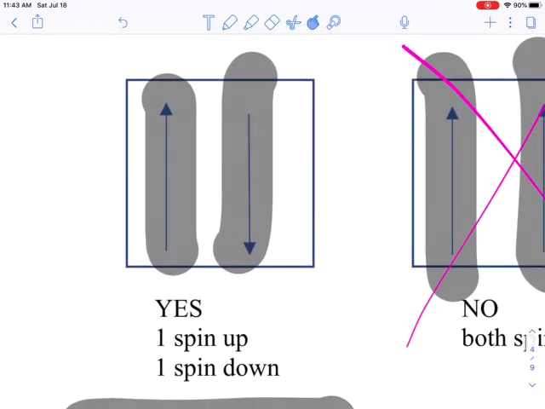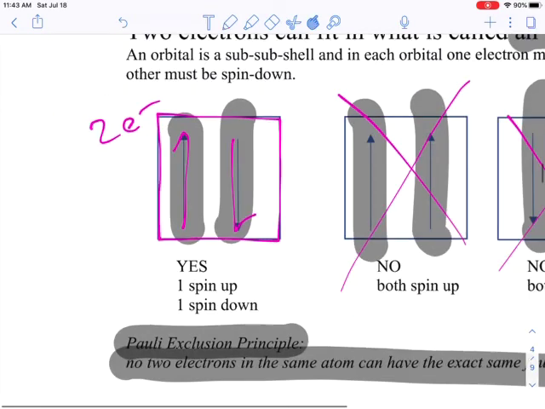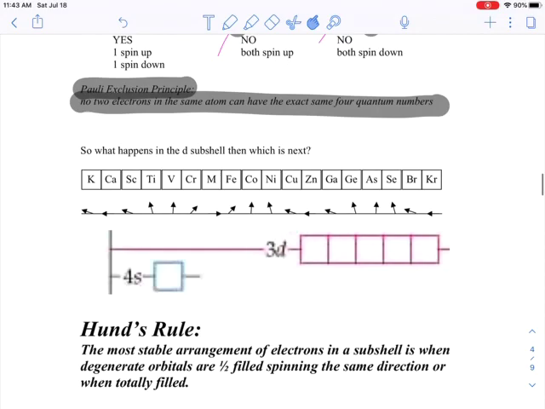So all you really need to know is that in any sub-subshell, which is an orbital, you can fit two electrons. So you can fit two electrons, and one of them has to be spin up and one of them has to be spin down. And they usually represent an orbital by a box. And the box just shows you the location of those electrons, one spin up and one spin